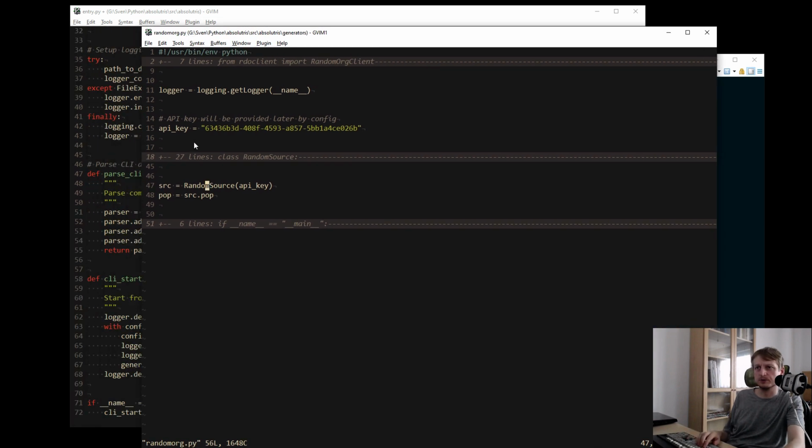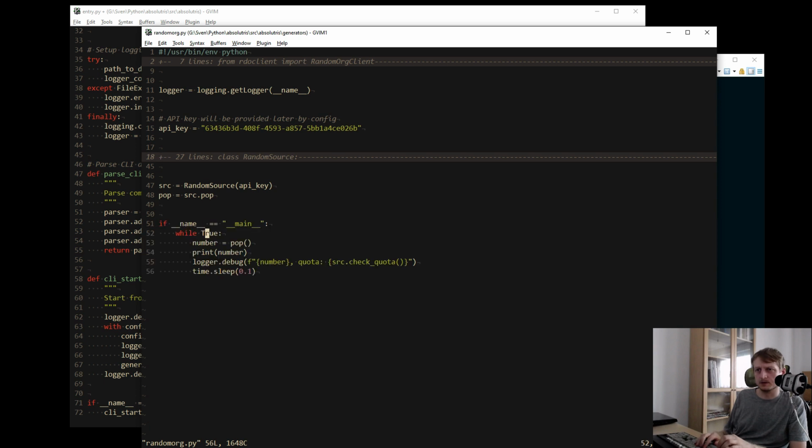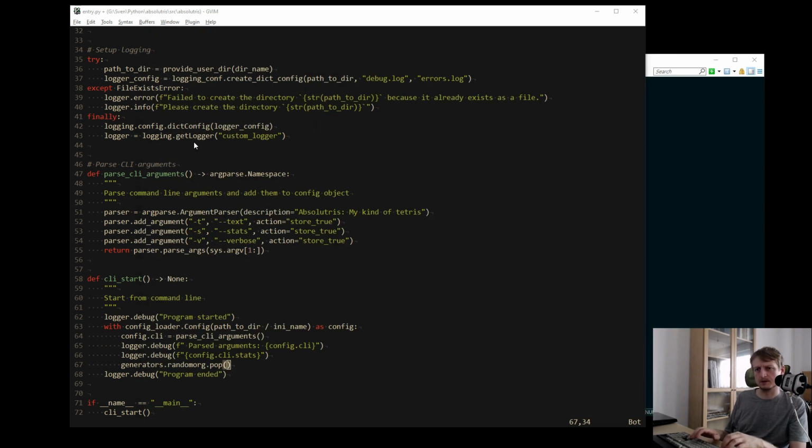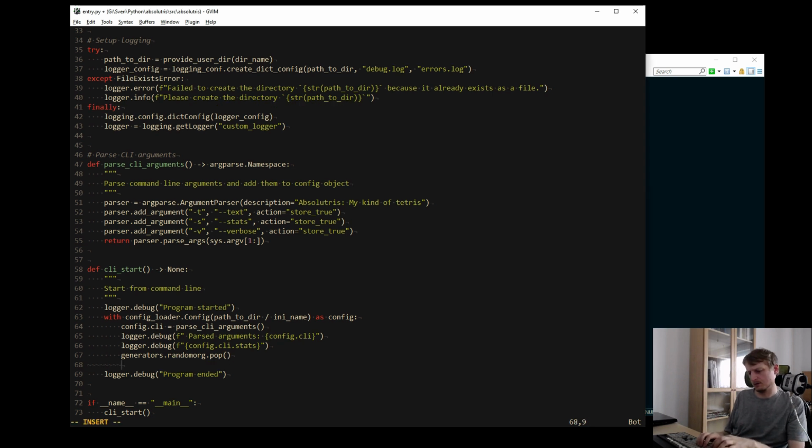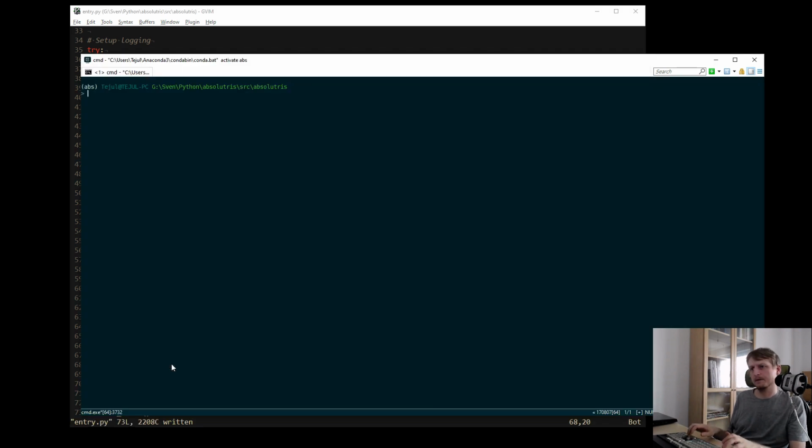What does the function pop do? I don't know what it does, but I use it. Yeah, it pops a number. It basically gets a number. Okay, and then we can put something like a breakpoint to debug this and see this.